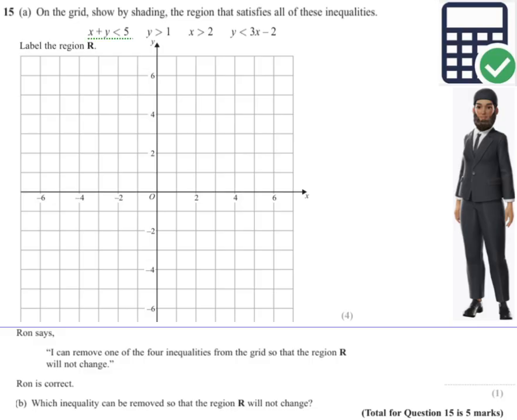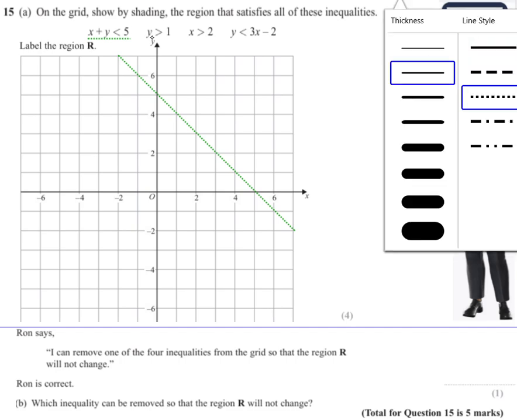You've got x plus y is less than 5, so I need two coordinates. If you sum them together, like 0 and 5, or 5 and 0, they've got to be less than 5. So what we're going to do, you're going to get something like this running along here. It definitely goes through (0, 5) and (5, 0). Something like that, but we need to shade below them. Now let's go to the next one,